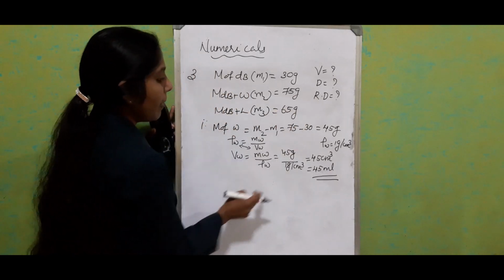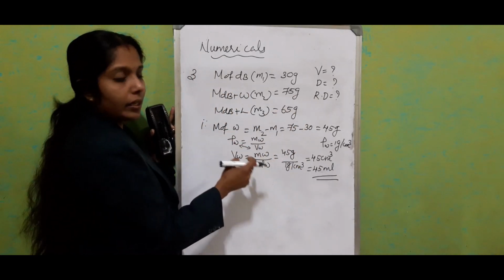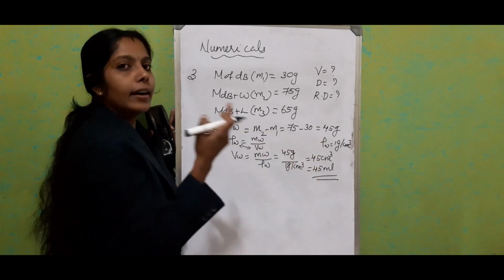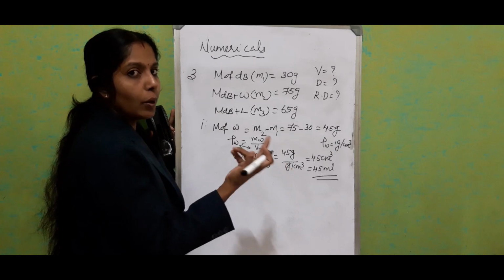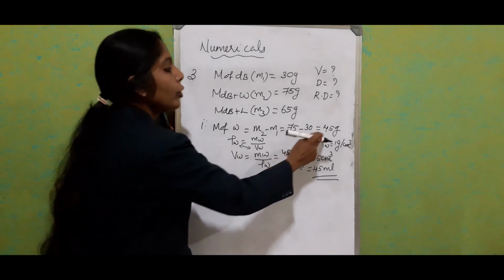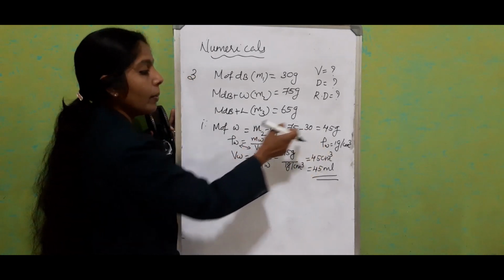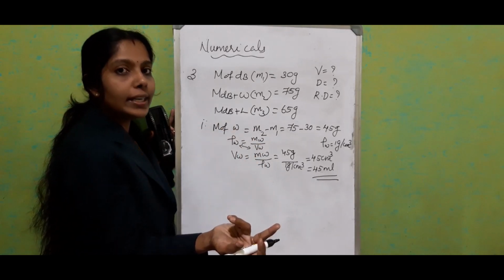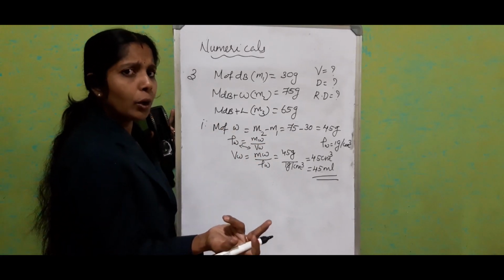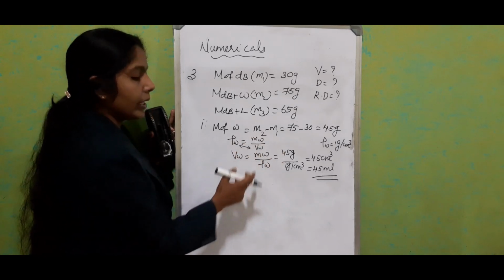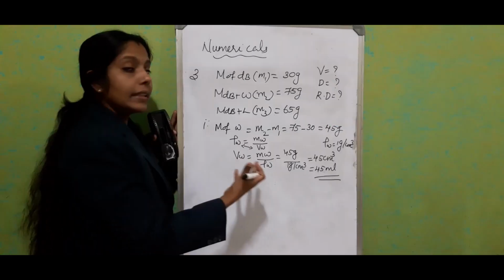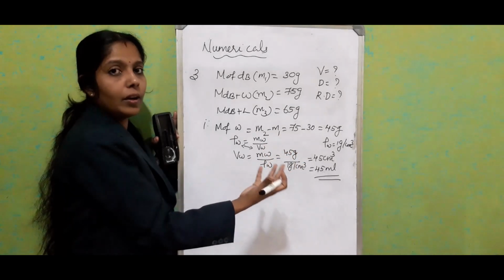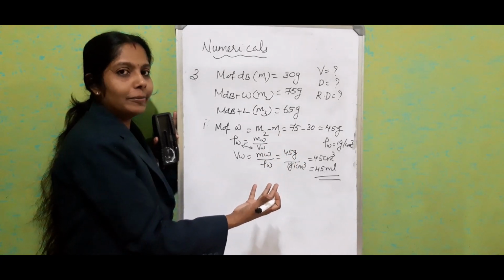So our first part we found through the equation. Easily we can write it as 45 because we studied that the density of water is 1 gram per centimeter cube. So the mass of the water filled in the density bottle is equivalent to its volume. That we already studied. No need of this calculation, just for you to understand. This is the way how we can write mass of water is equivalent to volume of water.